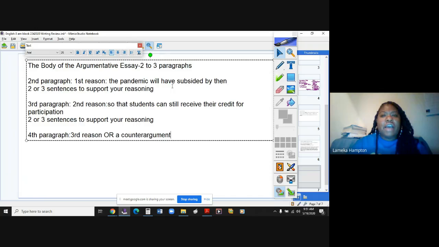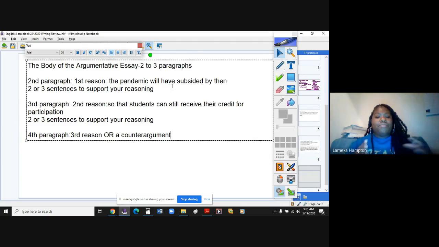The word counter means opposite. For example, I like watching these little court shows when I can catch them. On Judge Mathis, you have the plaintiff who's suing the defendant for $5,000 for something. Then the defendant comes in with a counterclaim, meaning they're suing the plaintiff for $5,000. Somebody is going to win the $5,000, but they have to have their proof and substantiate their claim. A counter argument is exactly that.